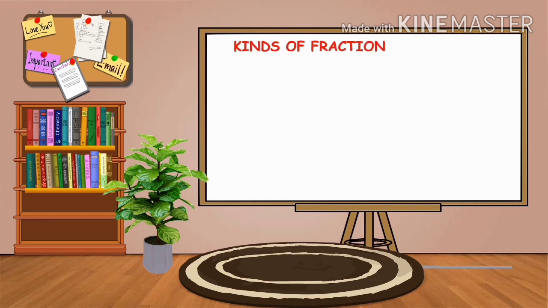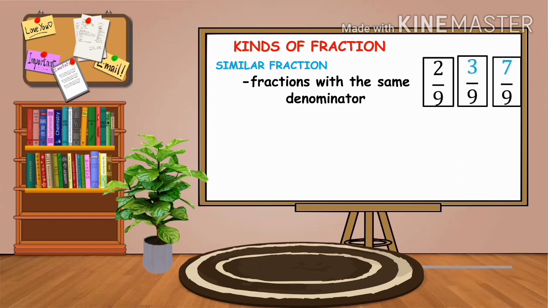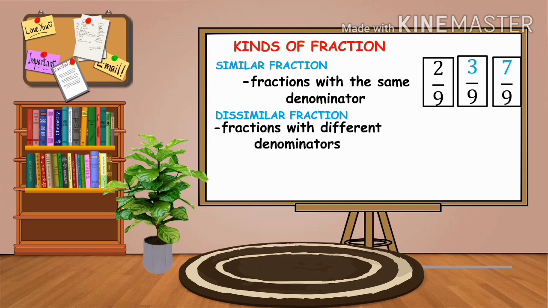Then, we also have different kinds of fraction. So, we have similar fraction. So, similar fraction are fractions with the same denominator. So, these are the example of similar fractions: 2/9, 3/9, and 7/9, where the common denominator is 9. The next one is the dissimilar fraction, yung kabaliktaran ng similar fraction. So, these are fractions with different denominators, such as 8/9, 2/5, and 3/7, where 9, 5, and 7 are the